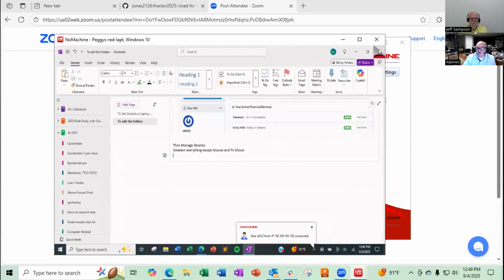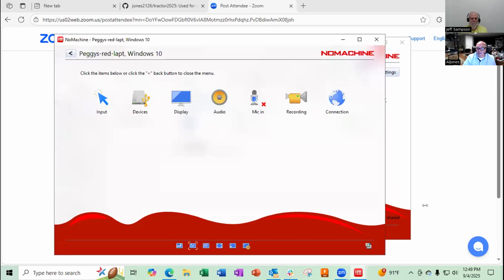When I got to a point later, all I really needed to do was send a Control Alt Delete, and I didn't think about how to do that from a remote location. But I guess nomachine allows you to send a Control Alt Delete. This is a Windows to Windows conversation, so not so much for an RPI. But if you're ever at a point where nomachine is not reacting, you can log in and move the mouse, but the clicking isn't working, if you send a Control Alt Delete, I found out that it will sort of wake up